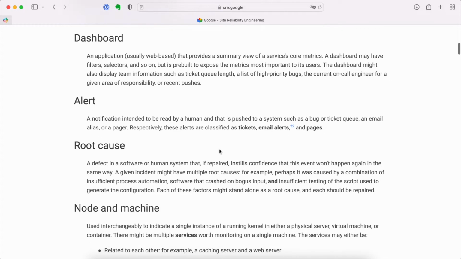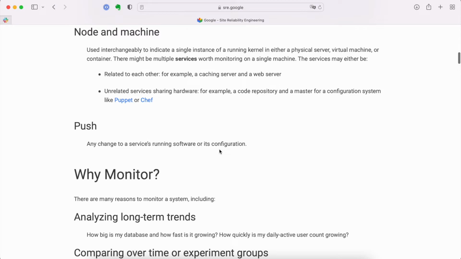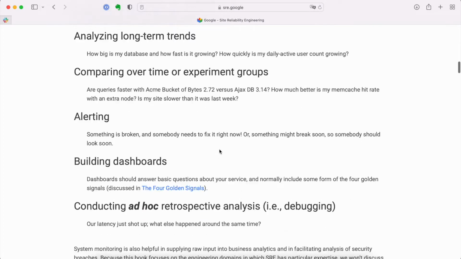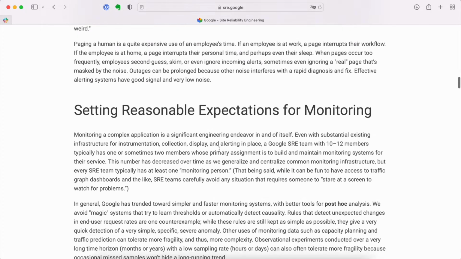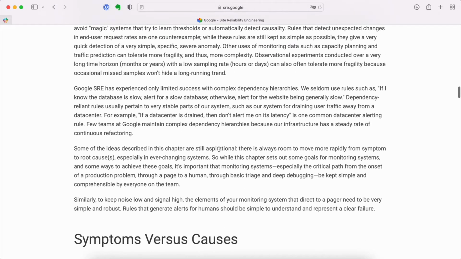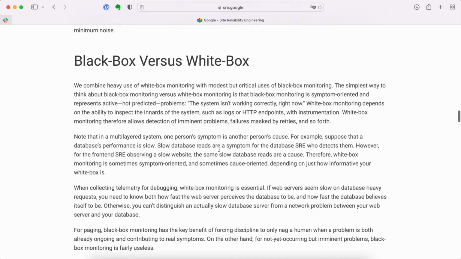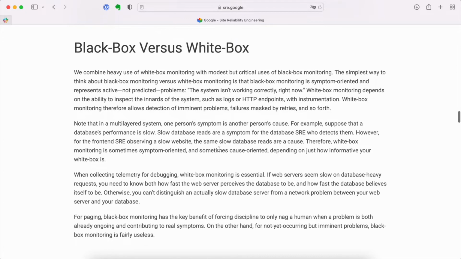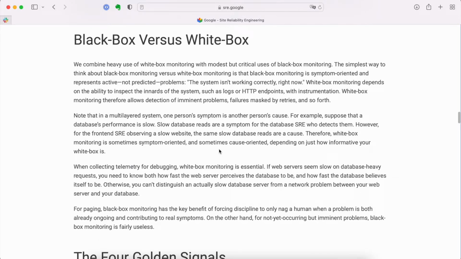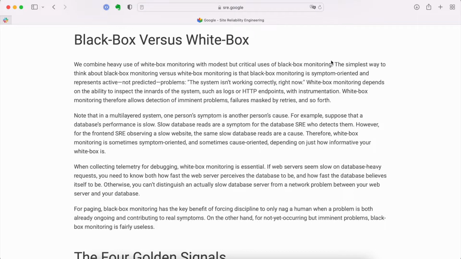White box monitoring allows you to predict and prevent problems, while black box monitoring simply tells you that the problem is already there. To give an example, white box monitoring can tell you that your database will run out of disk space in 2 hours, and black box monitoring will tell you that your website is down. Naturally, you should prioritize white box monitoring because you want to prevent problems, not to fix them.